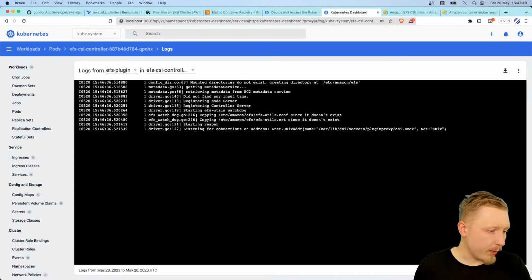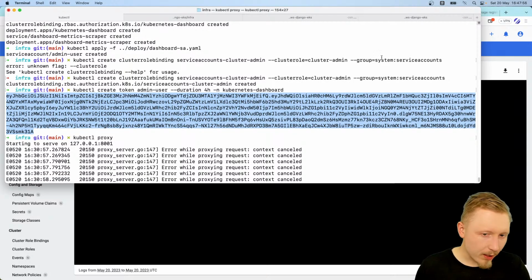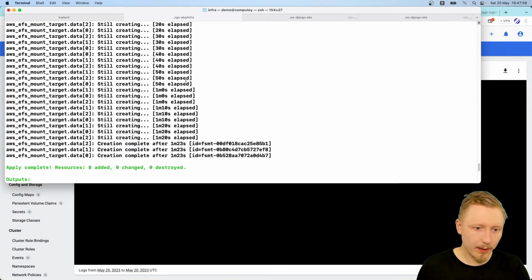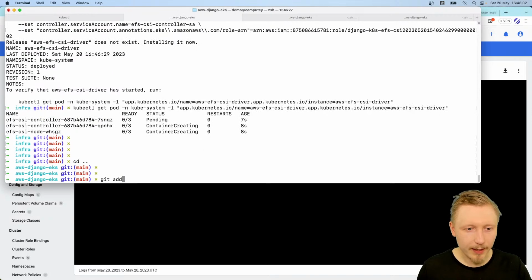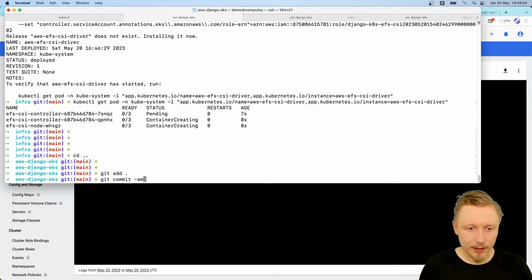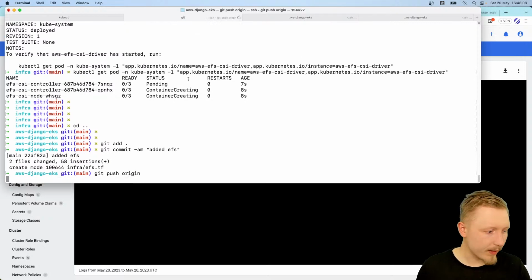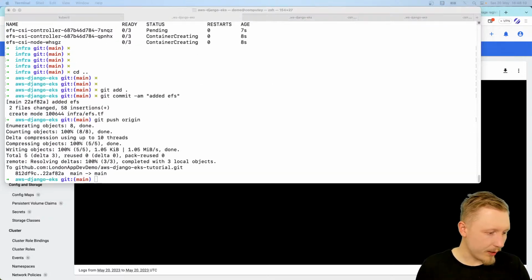So the next thing we need to do is modify. This is almost the last step. We're almost there. We will probably be delayed a bit, but we might just make it. So I'll commit this, "added EFS". Okay, so next we need to update our configuration